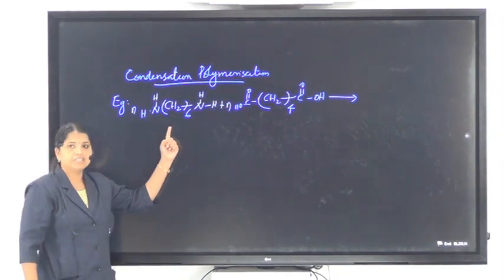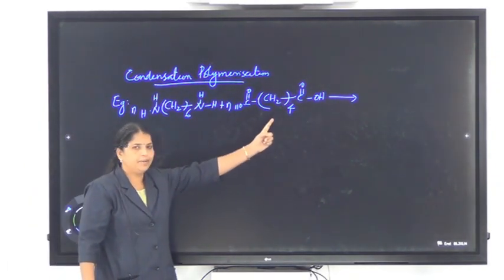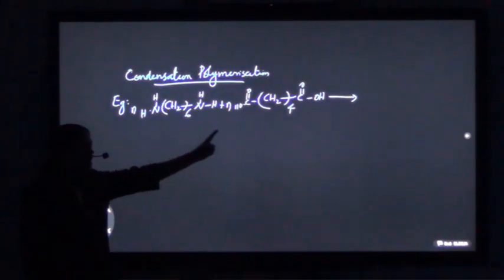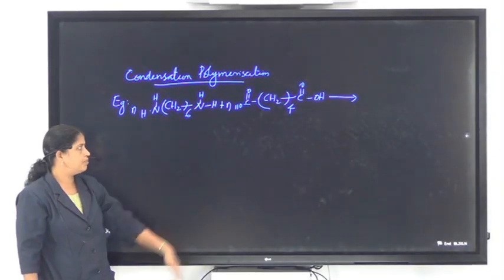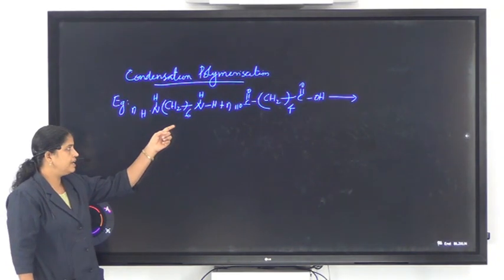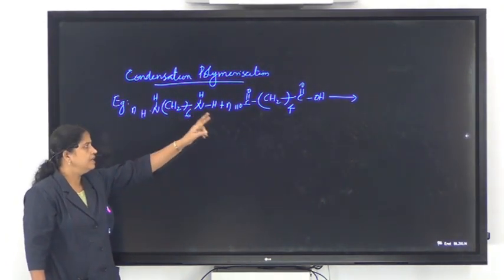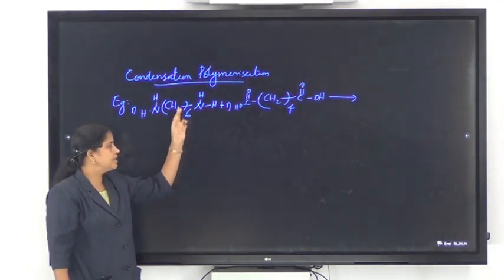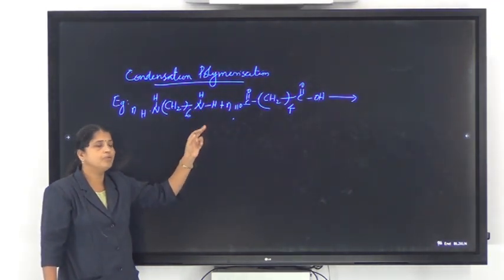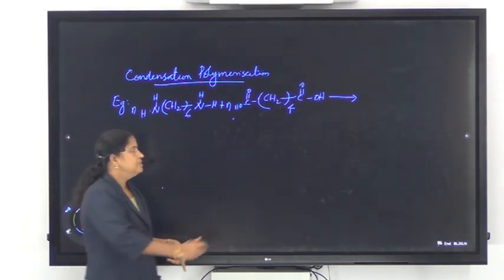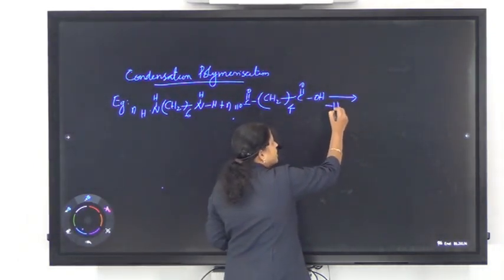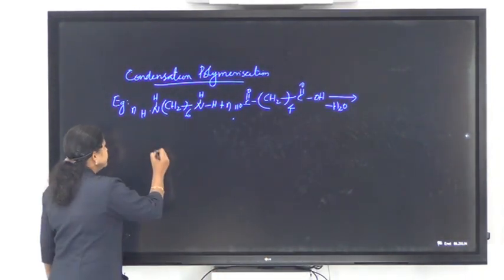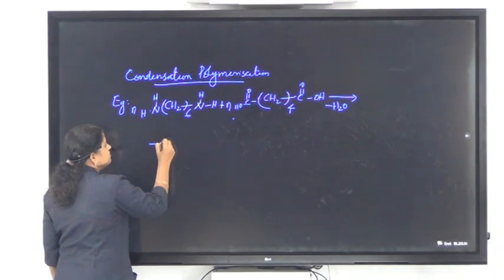So this is hexamethylene diamine and this is adipic acid. A large number of hexamethylene diamine and adipic acid molecules undergo condensation polymerization. Hexamethylene diamine contains an amino group, and adipic acid contains a carboxylic acid group. So a condensation reaction takes place between this amino group and the carboxylic acid group. Then there is an elimination of a water molecule and the result is nylon 6,6. Then the structure of nylon 6,6 is as follows.